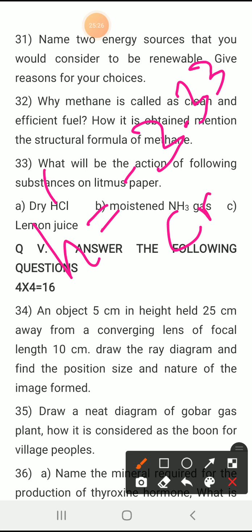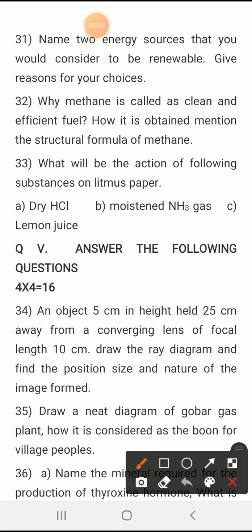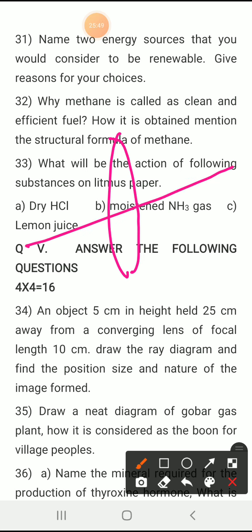Okay, we can write for only 2 decimal points. So h dash is equal to minus 3.33 centimeters. Okay, and then children, as far as the ray diagram is concerned, we have to draw the ray diagram also. So I am going to draw the ray diagram. Kindly see to it. So for the ray diagram, you can draw one convex lens, and this is the principal axis, and this is the height of the object. You can say that this is A, and this is B,